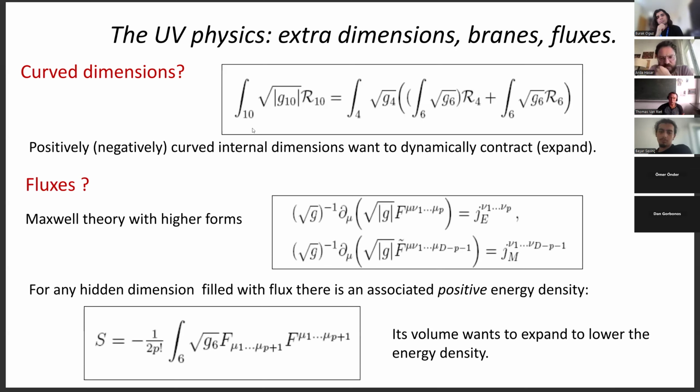Well, one of the things we do is put magnetic fields in these extra dimensions, because you would literally not observe it, and it would give you a consistent vacuum. These magnetic fields, as I told you, are like Maxwell's equations, but with a higher-dimensional generalization with more indices, right? So imagine I have 6 extra dimensions. I can, for instance, fill it with a flux that has 6 indices.